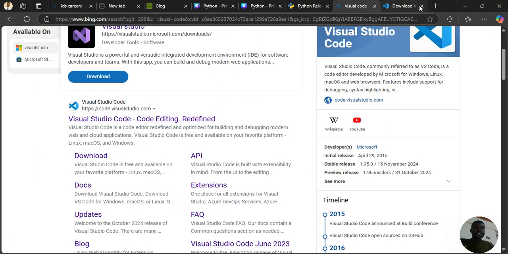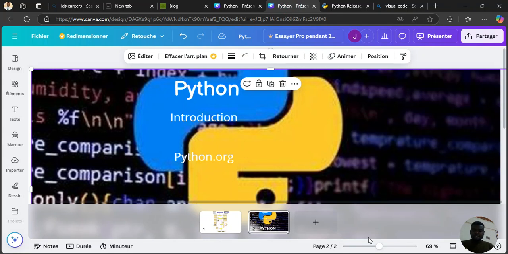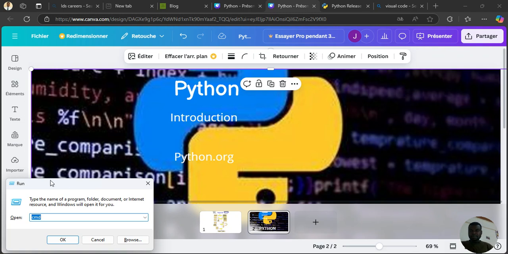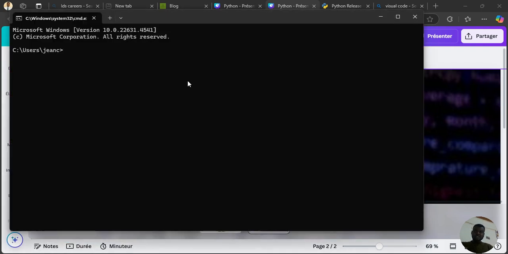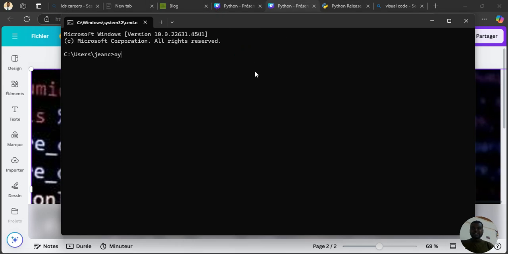So, now let me test Python on my computer. To test Python on your computer, just press Windows plus R, and the pop-up will appear. Then write in the pop-up window CMD, and hit enter. And then your terminal will pop up. And after that, just type